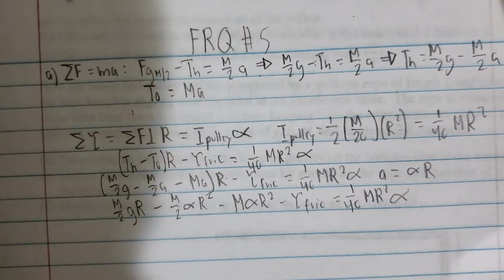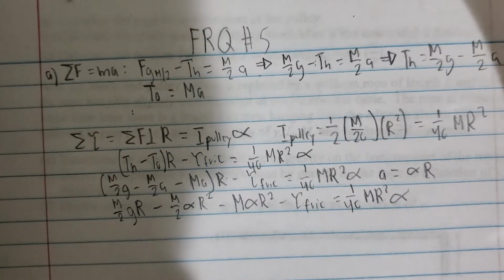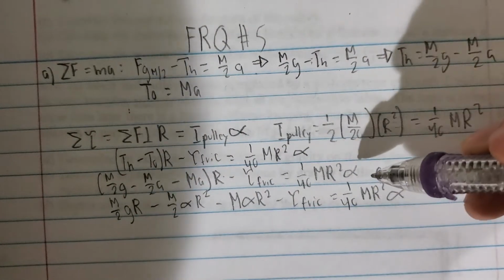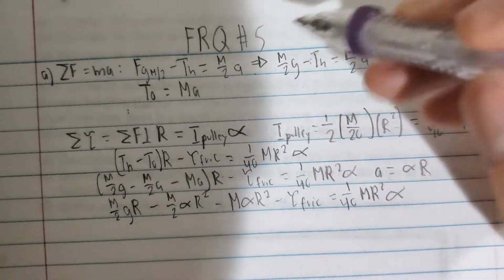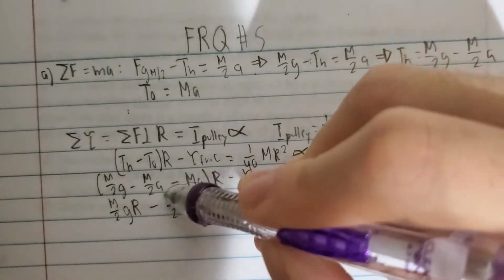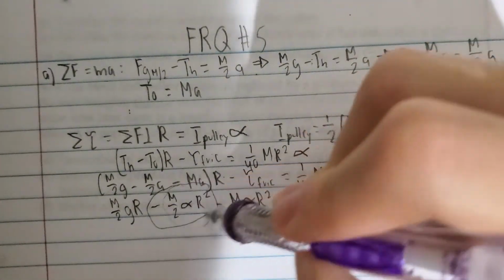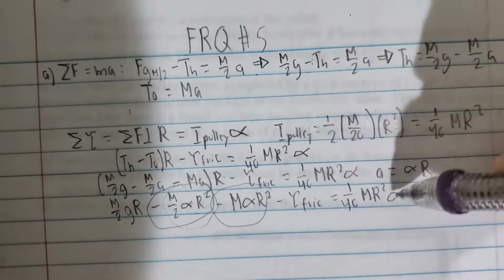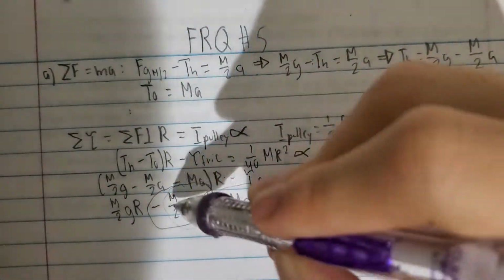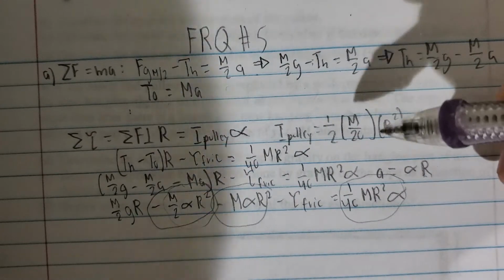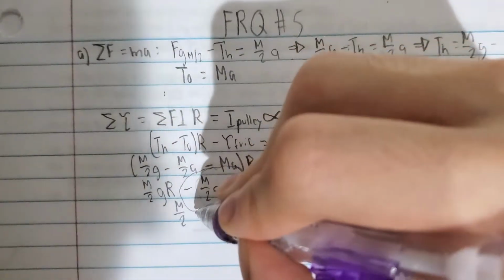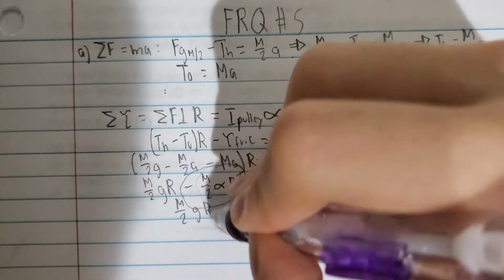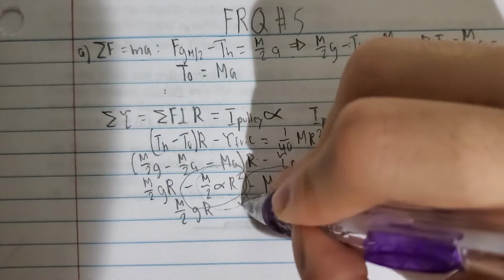Alright, so at this point I'm going to combine all like terms, and it looks like these two terms are alike with this term over here, so I'm going to add those two terms over here. So this side is going to be left with m over 2 times g times r, basically this term, minus torque of friction,